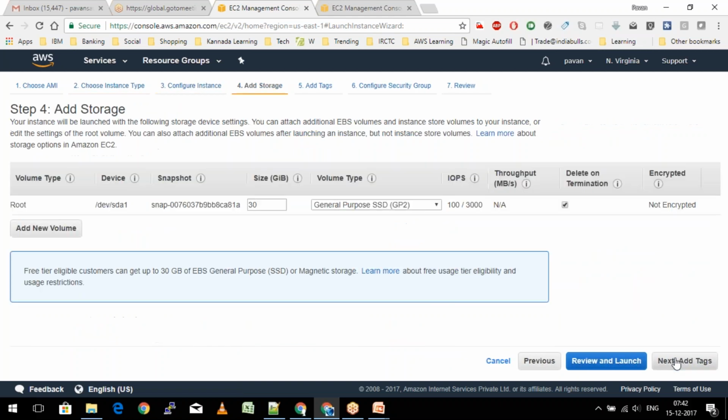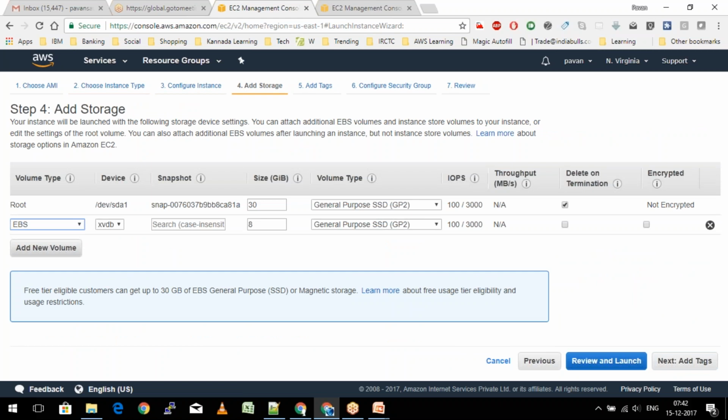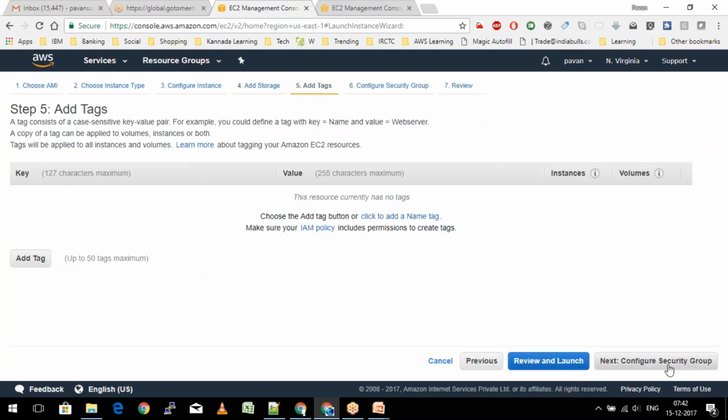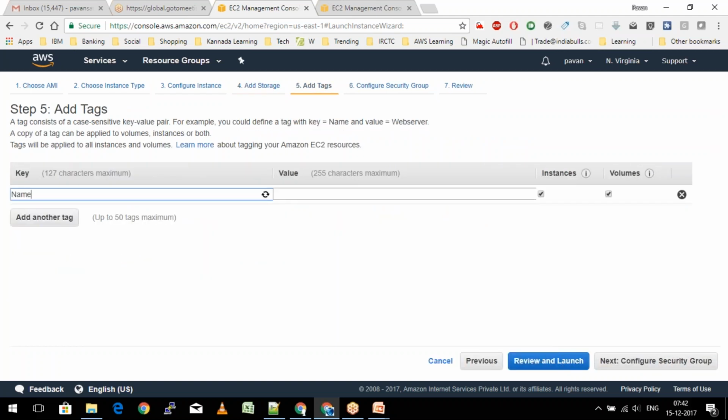I'll go ahead and add a couple of volumes here, then add the tags: RAID volume labs.